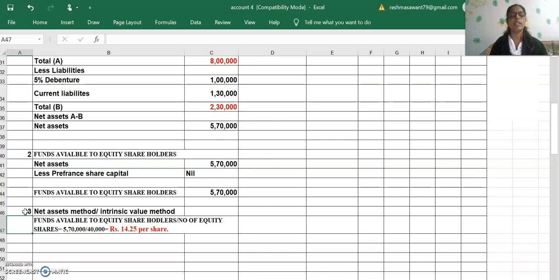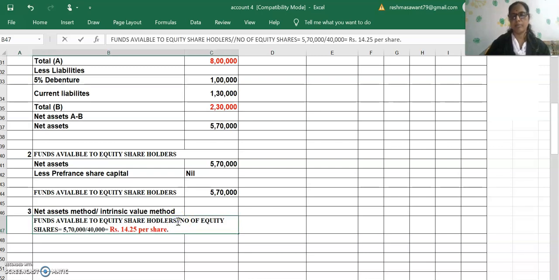Then we use the third step, that is step number 3 for the valuation of shares by the net asset method or intrinsic value method. As per this method we use the formula: funds available to equity shareholder divided by number of equity shares. So 5,70,000 is given in your question, 5,70,000 divided by 40,000 number of equity shares, which is calculated by